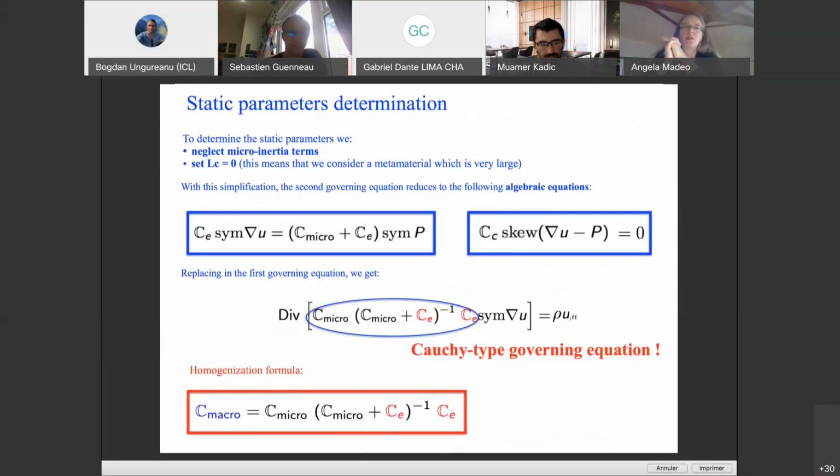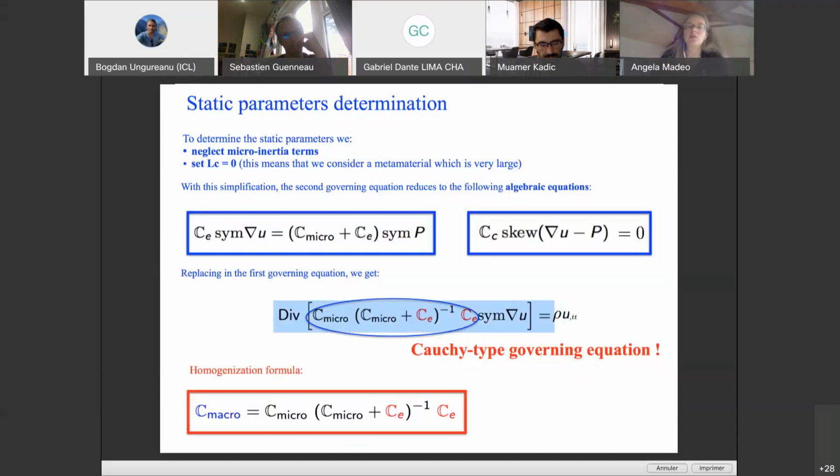For this, we start simplifying our equations of motion. We neglect the micro-inertia terms, so the time derivatives on P, and we set the characteristic length to 0. So we are considering large specimens. With this hypothesis, the second governing equation that I showed you before reduces to a particular form. So we can manipulate, replacing the first equation, and our system actually reduces to a unique equation, which is this one,